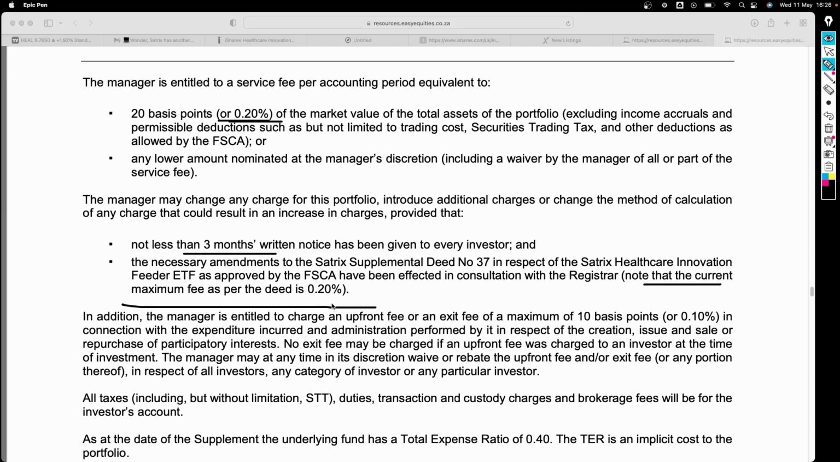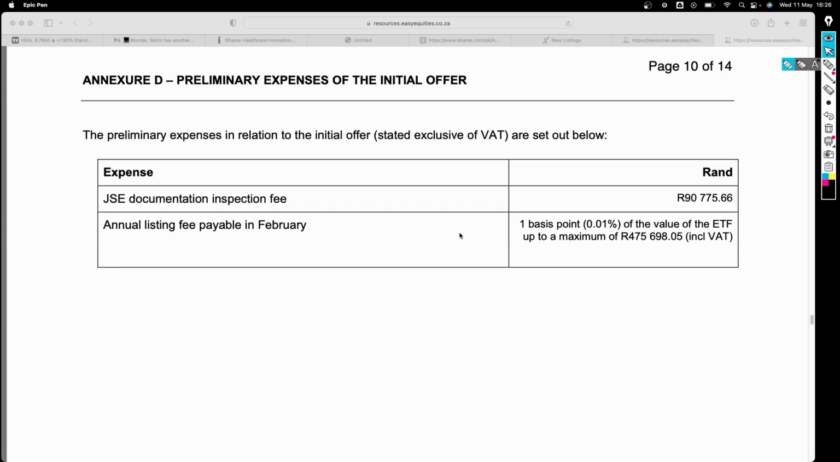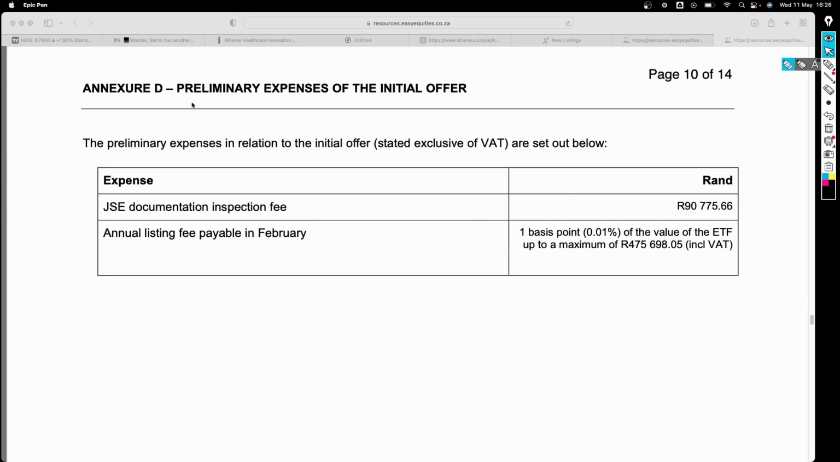If the fees are high, it means that the fund manager is taking more money from your investment. Okay, so let's see what other information I wanted to share with you. All right, so these are just the expenses that they've already covered. As you can see, the JSE documentation fee alone is about